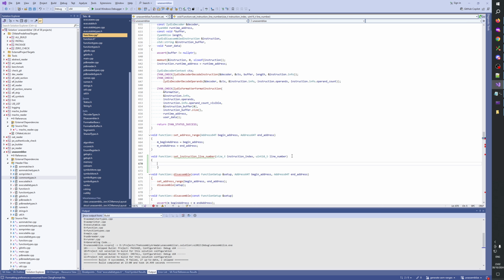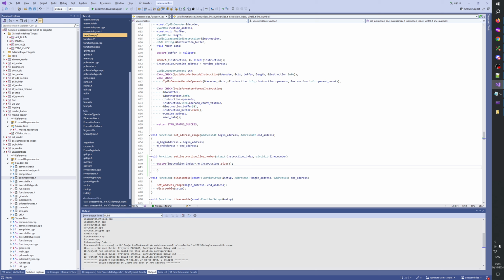Good. And here we put assert instruction index smaller than instructions.size. We already have a getter function for the instruction size. And then we say instruction index,